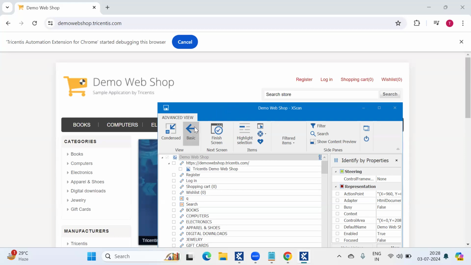In basic view, the XScan window will be enlarged and these options will not be visible, and you can still scan the controls directly without clicking on select on screen. But in advanced view, all the options will be available, and only once you click select on screen can you select the controls from the application. This is the major difference between basic view, condensed view, and advanced view.